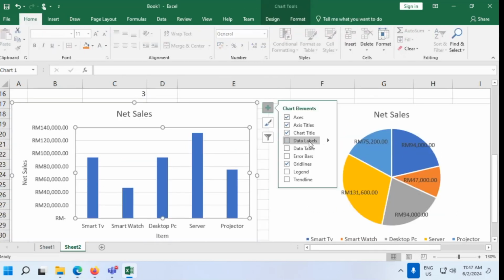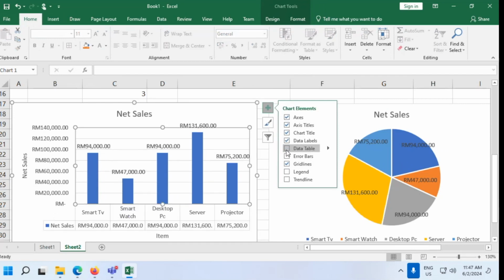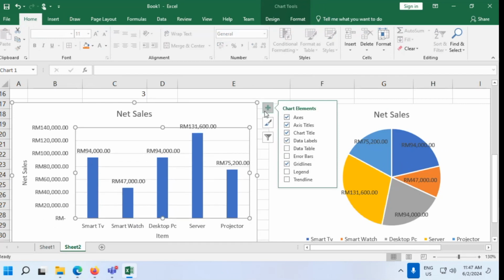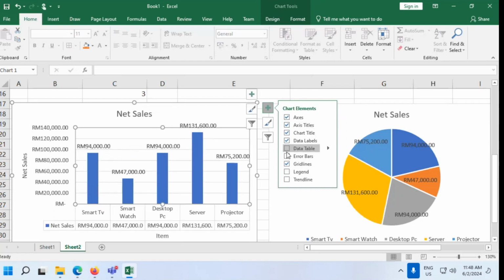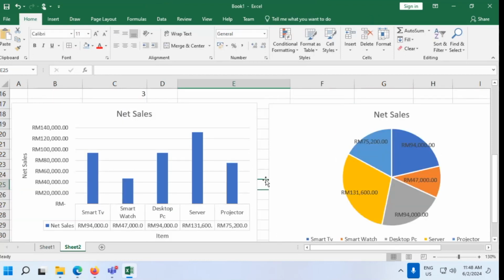You can add maybe a data label if you want. You can click on this plus sign and, based on what you want to add, the legend, the trend line, error bar (no need), data table if you want. Maybe you have a data table, you don't need a data label. So these are all the things that you can add to your chart to make your chart more meaningful. Okay, right. So the next thing